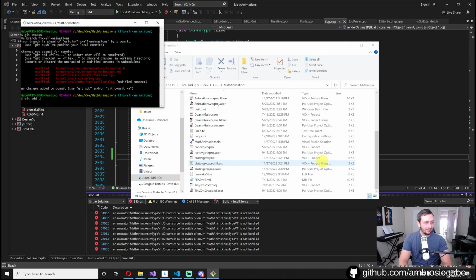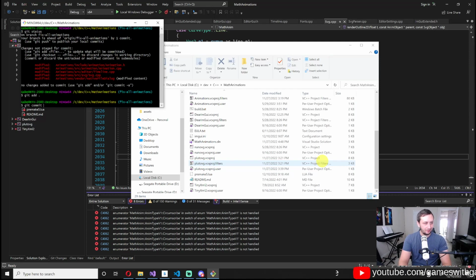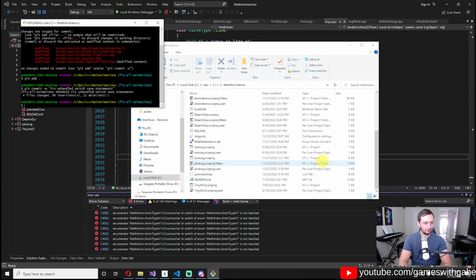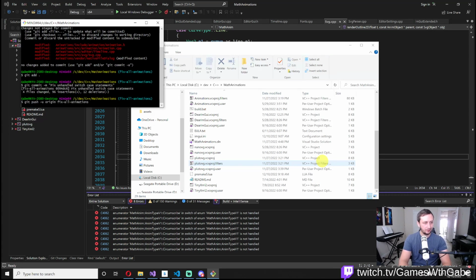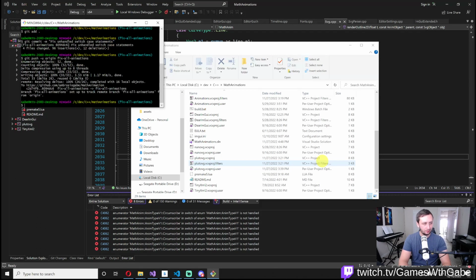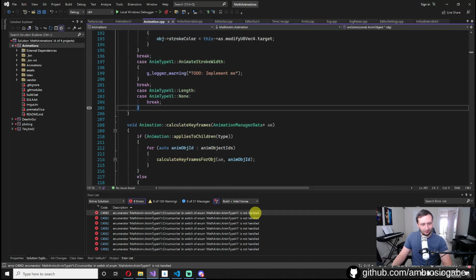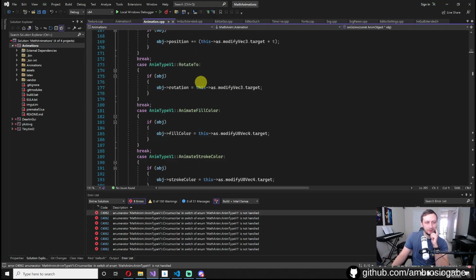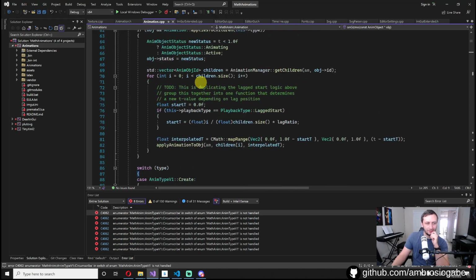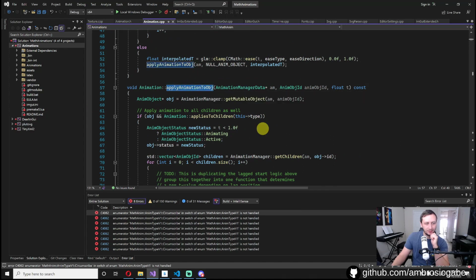So we've added, and we didn't change that many files. Fix unhandled switch case statements. Okay, technically I'm pushing in broken code, but it's on a separate branch, so it really doesn't matter. Okay, so now we can actually think about the circumscribe animation. So this is probably the most important one, which is applying the animation to the